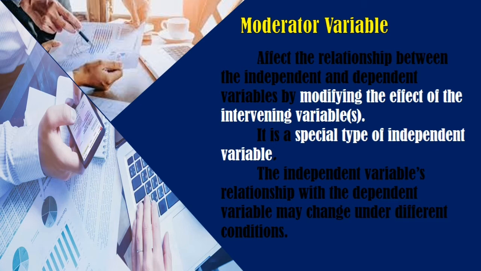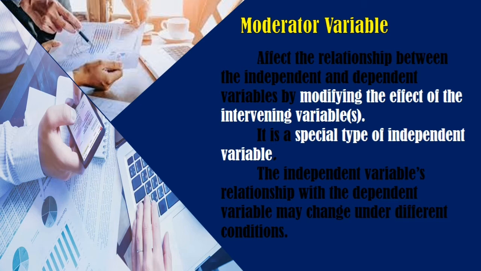So, it is also sometimes called a special type of independent variable. So, the independent variable's relationship with the dependent variable may change under different conditions, particularly if there is the presence